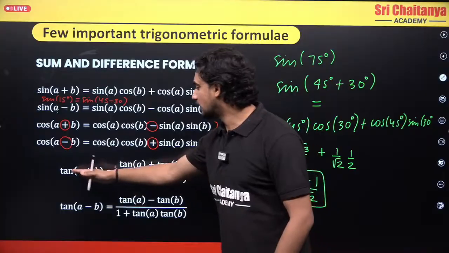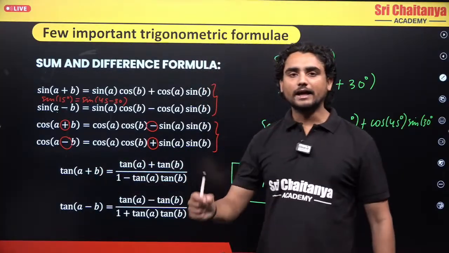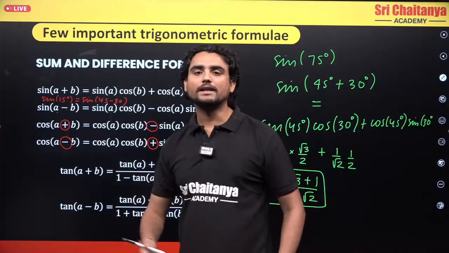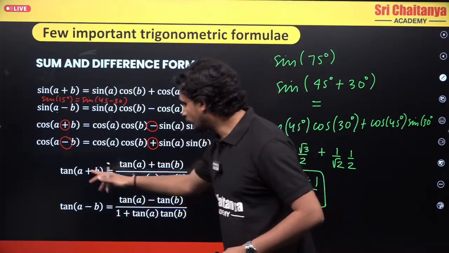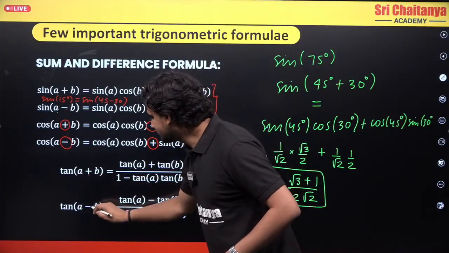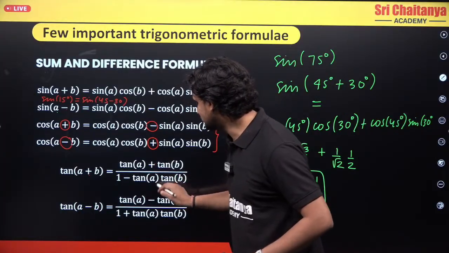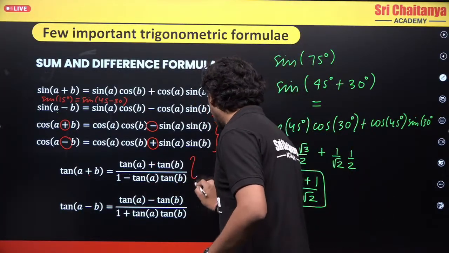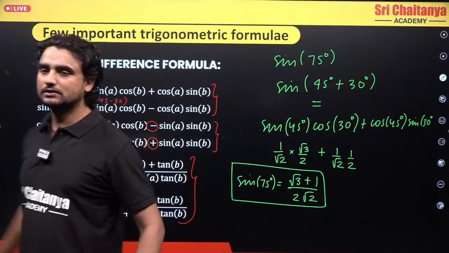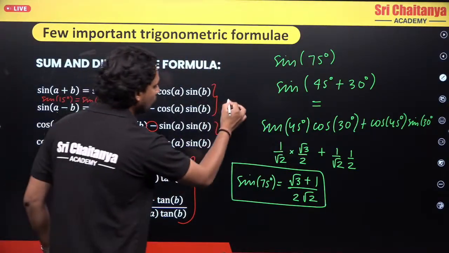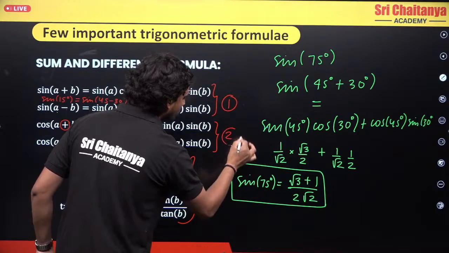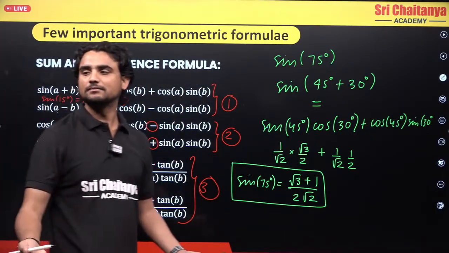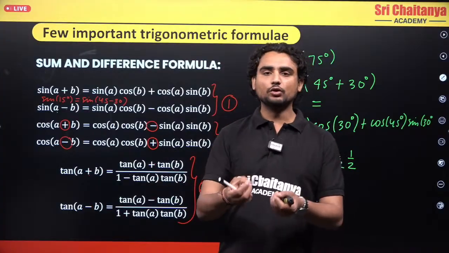And now what is the third formula? Tan A plus B is tan A plus tan B upon 1 minus tan A tan B. So now what about minus? So if I have a minus, I will just substitute this plus with minus and this minus with plus. Okay, so this is my third formula. So these three formulas can be combined into three formulas, 1, 2 and 3. Clear? See, these are some just small tricks, but eventually you will have to remember them.